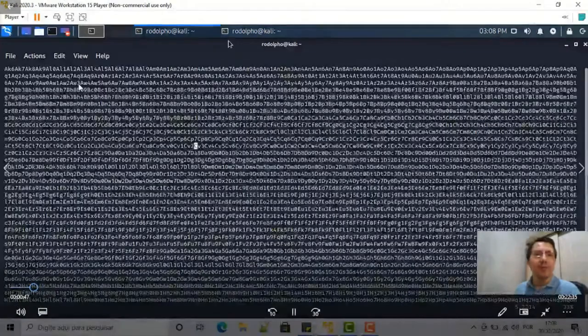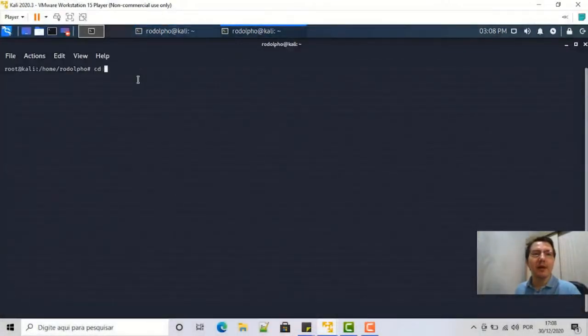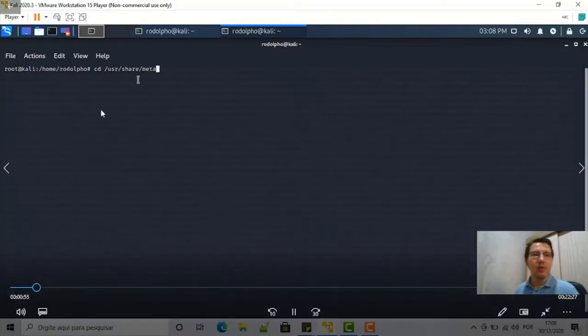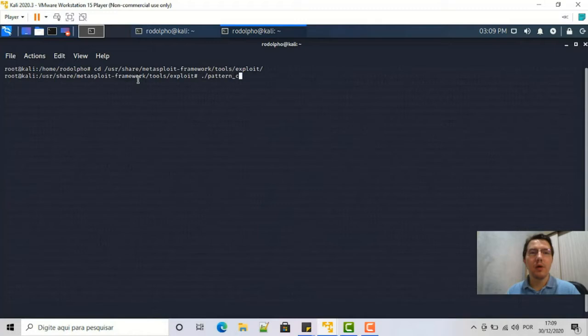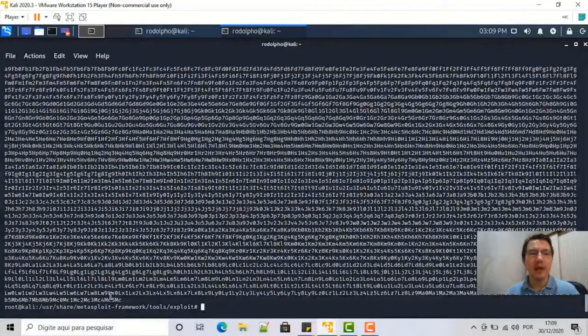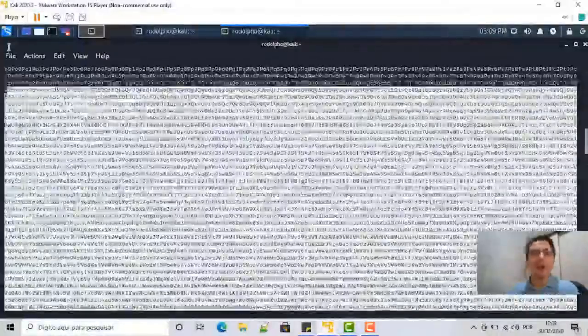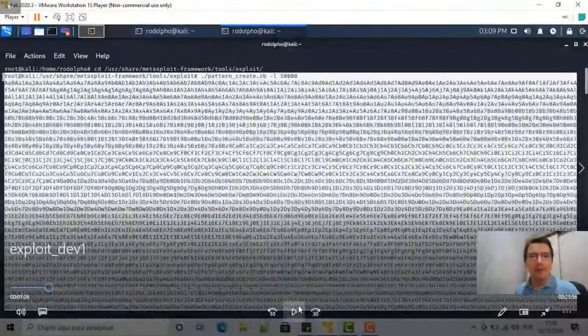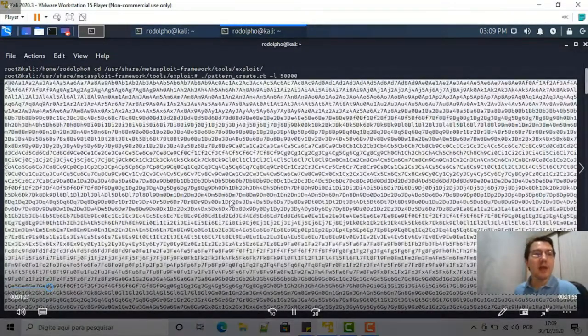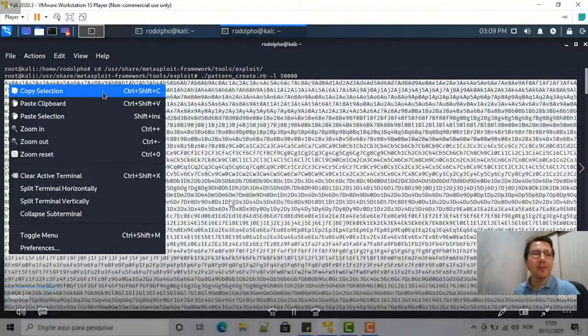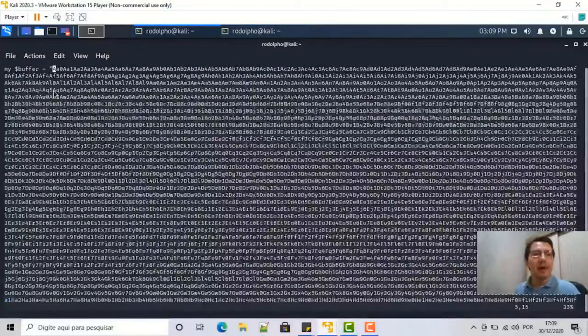These characters were generated by pattern create. We use the tool pattern create with -l, the length 50,000, to generate a large amount of characters. We copy and paste these characters into our exploit code,